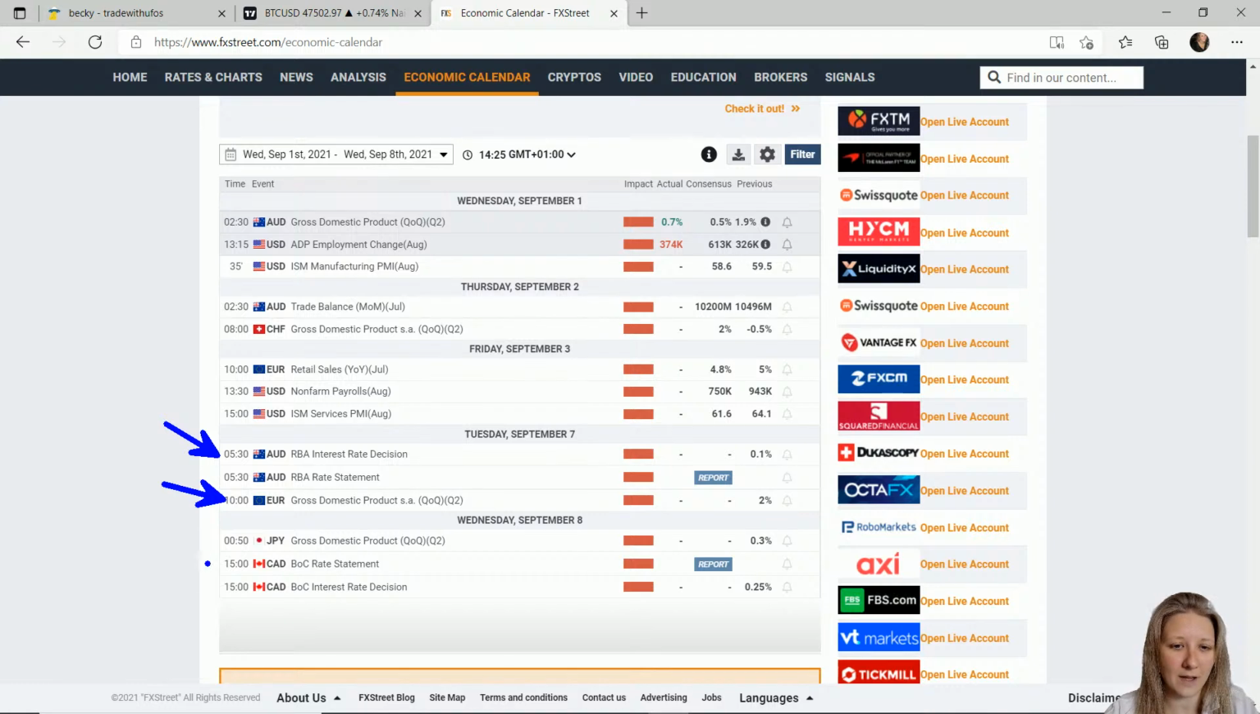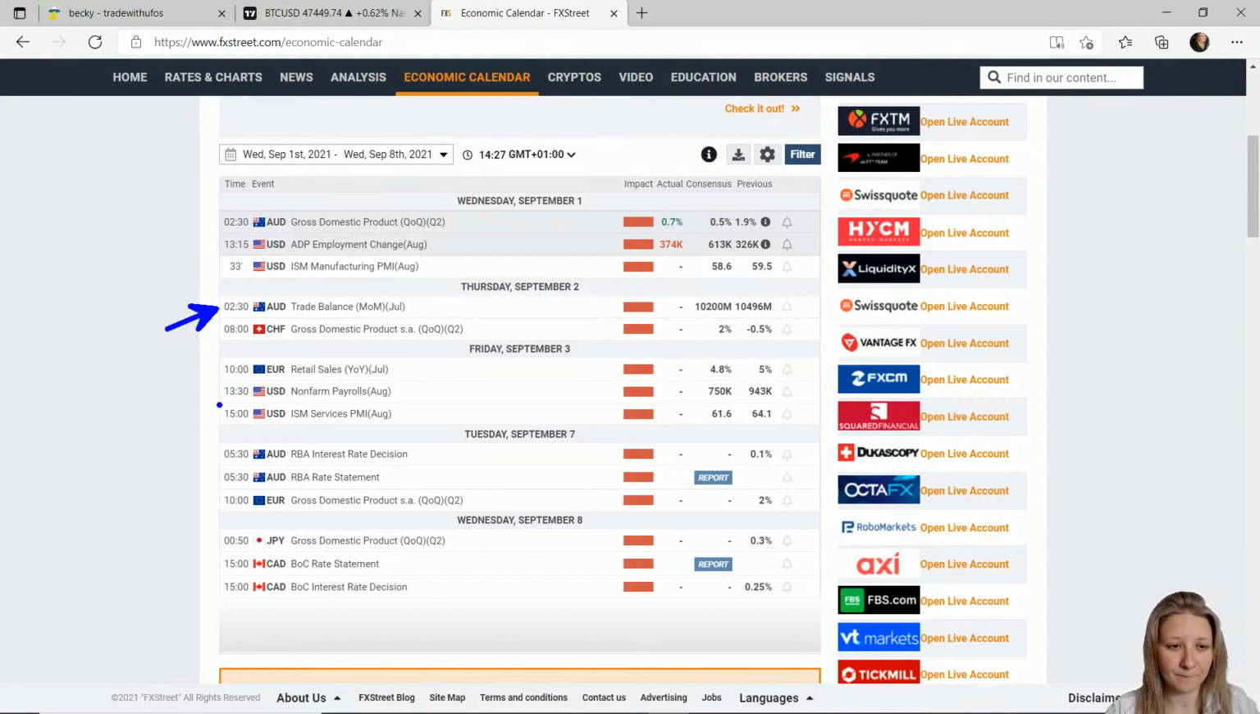Of course, we then have things later on the Wednesday, but if we're looking at short-term swing positions, we should be out of trades really by that point. So it gives us an idea perhaps of which currency pairs we might want to keep away from. For example, the Australian dollar has stuff coming out tomorrow and then also on Tuesday next week. So if our trades close by